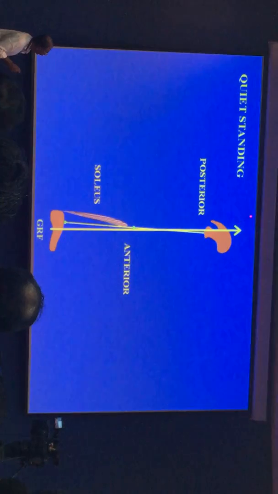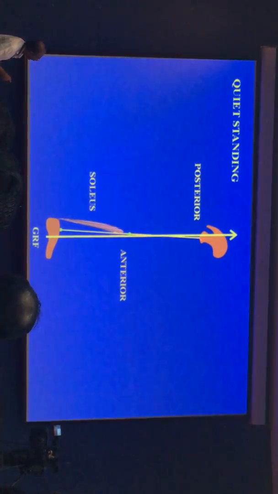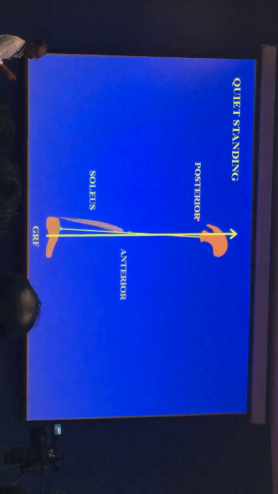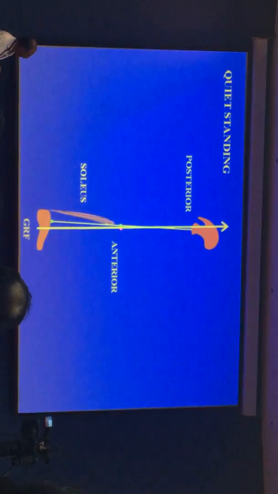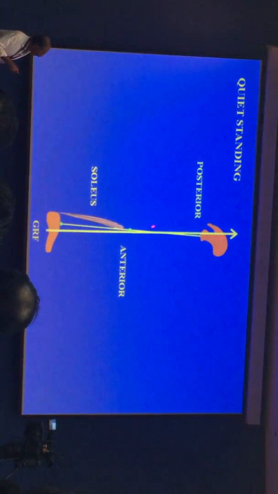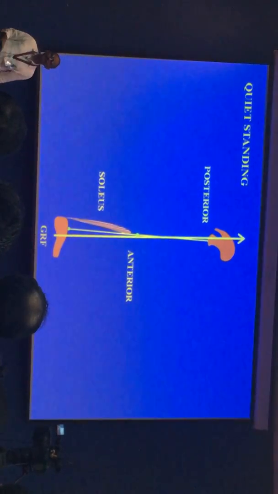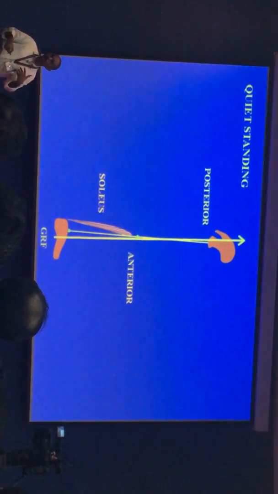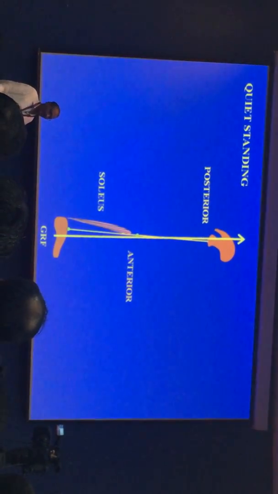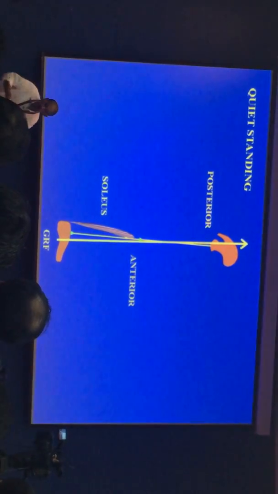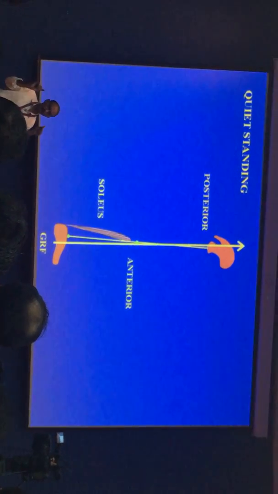Nature has done it brilliantly. In quiet standing, the weight bearing line is just behind the axis of rotation of the hip joint, so you don't need any muscle to stabilize that. In quiet standing, the weight bearing line is just anterior to the axis of the knee joint, so you don't need any quadriceps. So when the knee is in quiet standing in a locked position, you don't need any quadriceps functioning for standing